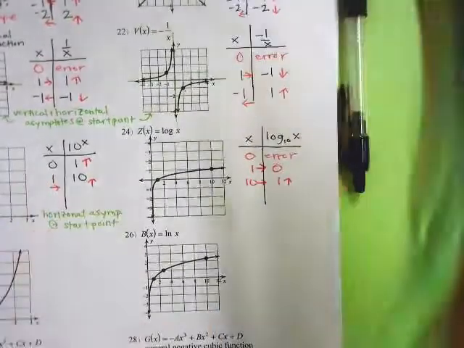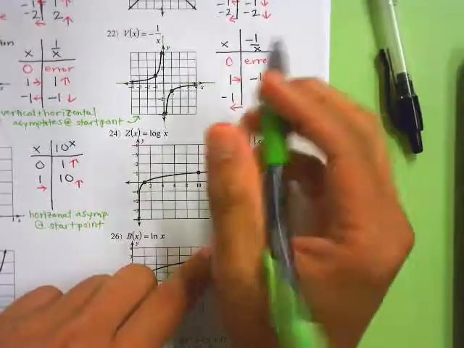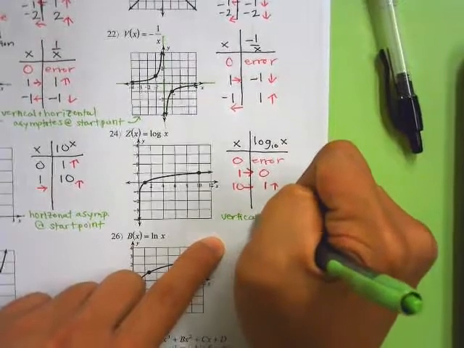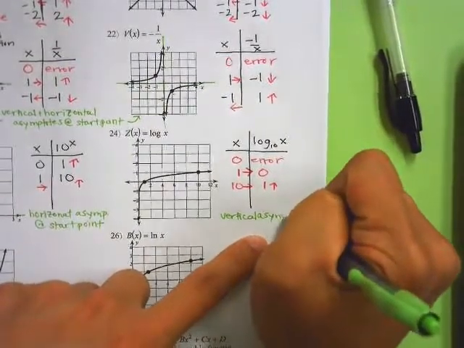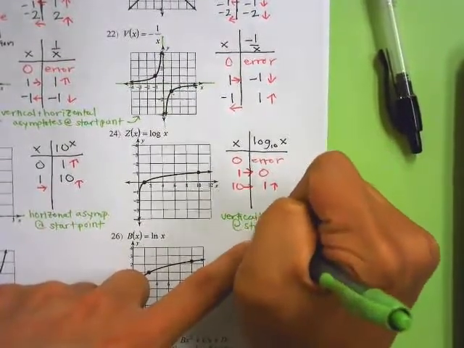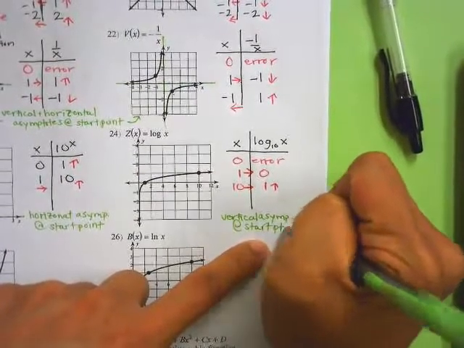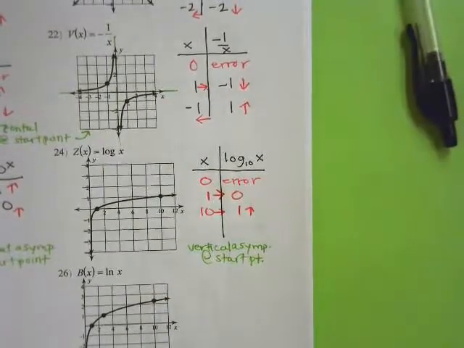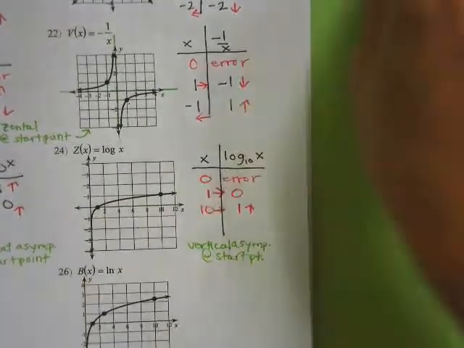These two are inverses of each other, and so we're not going to have a horizontal asymptote. What we're going to have is a vertical asymptote at your start point. Okay. All right, with that said, let's move on to an example with a logarithm so that we can